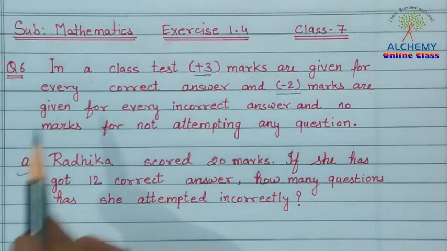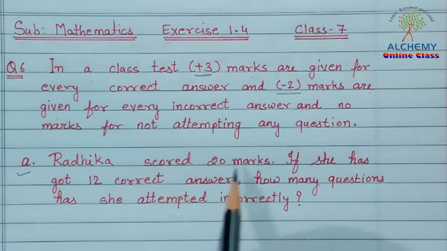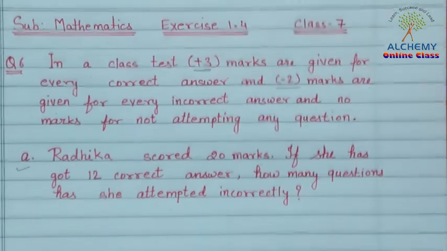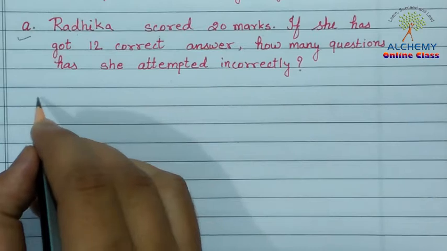So on the basis of this given information, we have to find the solution for two different questions. The first question is, Radhika scored 20 marks. If she has got 12 correct answers, how many questions has she attempted incorrectly? Okay, so let's find out the solution for the first question. What is the given information here? According to the given information,